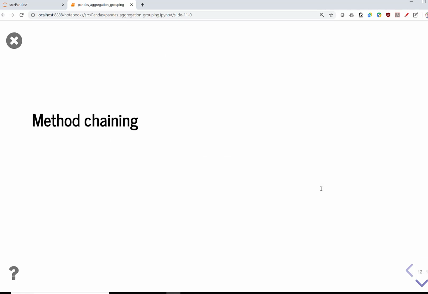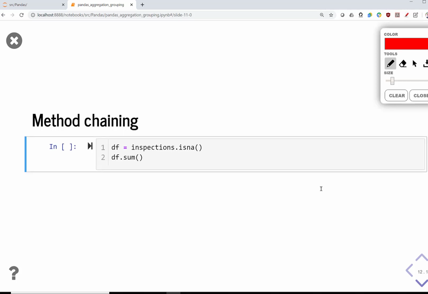Okay, now just a brief note, this is more Python detail as opposed to data analysis detail. In order for us to sum up the number of missing values, we did that in two steps. This is what we did in the previous slide. We called isNA on our data frame and got a data frame back, and then using that data frame, we summed up the true values in the columns. Now, as it turns out, we could combine both of these steps into one